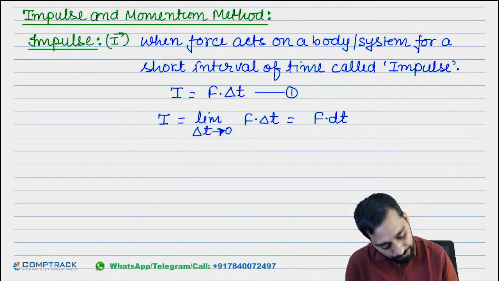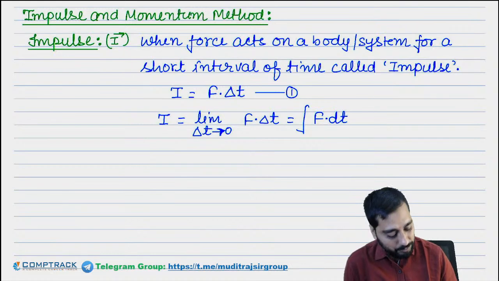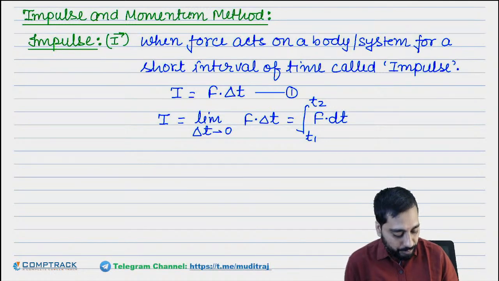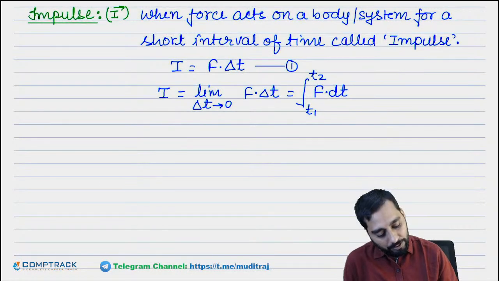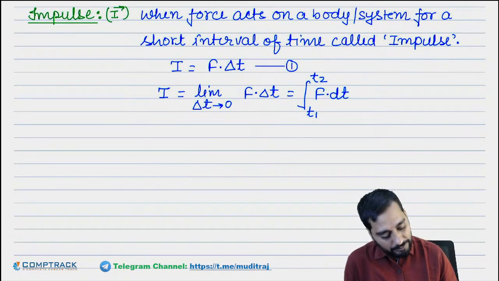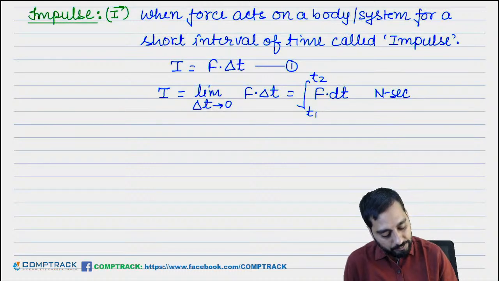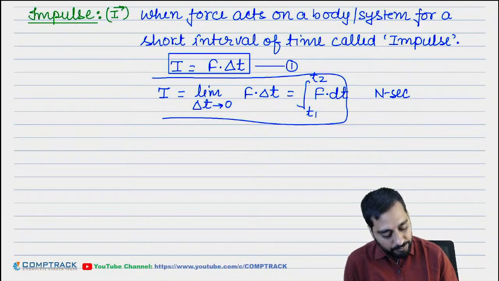So in this case, we will consider the impulse by integral of f dot dt from time t1 to t2. So this is the formula of impulse. So what will be the unit of impulse? Newton second. This will be the unit. Yes or no? Either this formula directly,